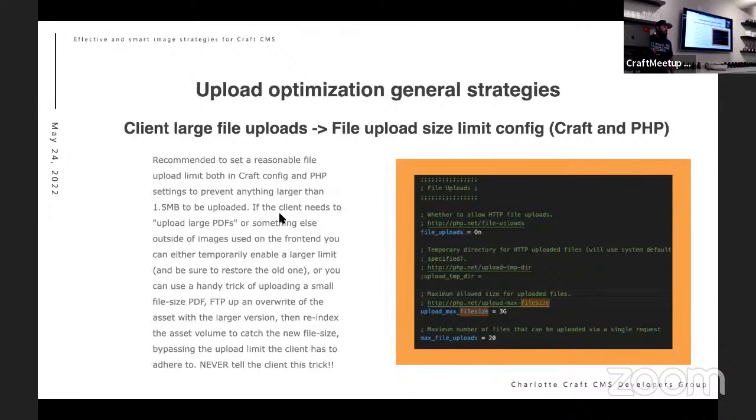do the handy trick that I've been doing a little bit lately, where you ask them for the file, put a like 1K PDF that you make yourself up on the CMS, and then FTP over top of it the same file that's the actual file. That bypasses the upload limit. You reindex in Craft, and there magically your new 40 megabyte PDF is up in the CMS